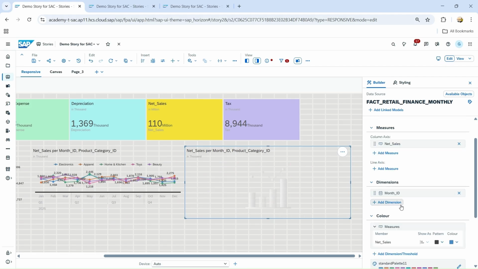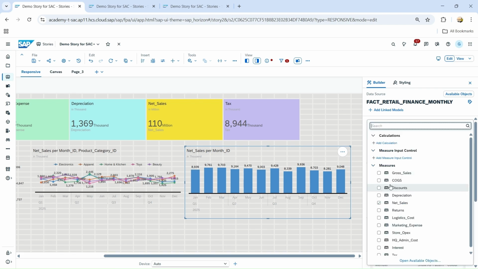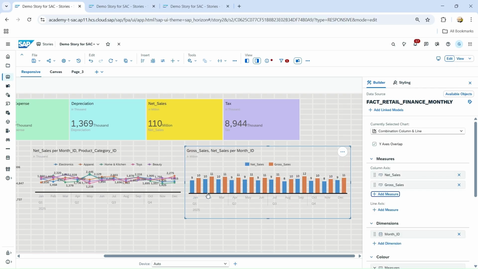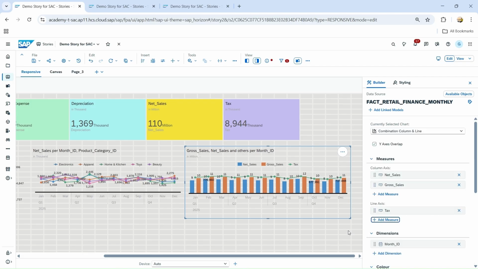So let's suppose we don't need the product ID. So this is our difference between the net sales and the gross sales, for example. So these two differences we want to see for each month. Yeah, so in the example, because here I am not going to do calculations and all,